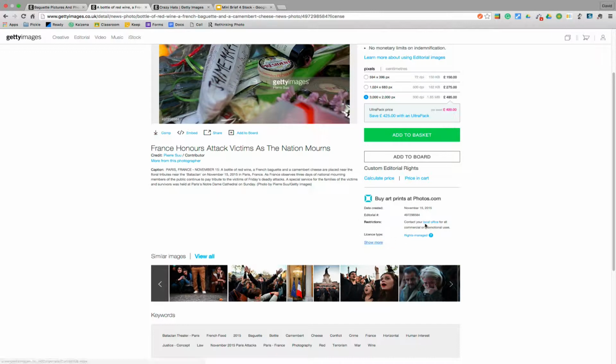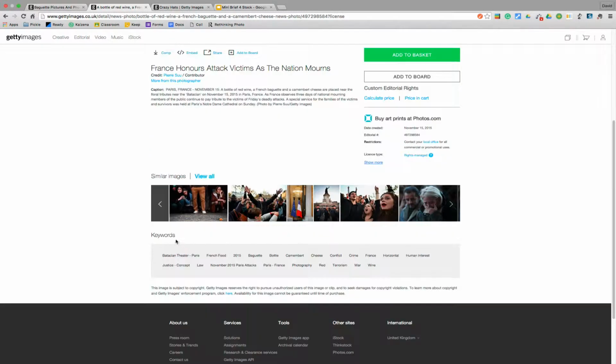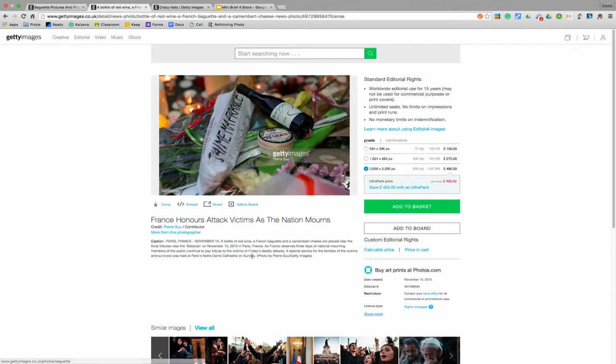And then when it's been uploaded, somebody's added keywords. So these are the keywords attached to that individual image. So we could have looked for cheese, camembert, bottle, baguette, and it would have returned this image. So keywording is another thing that's instrumental to stock. So all I want to get across is that you can type in